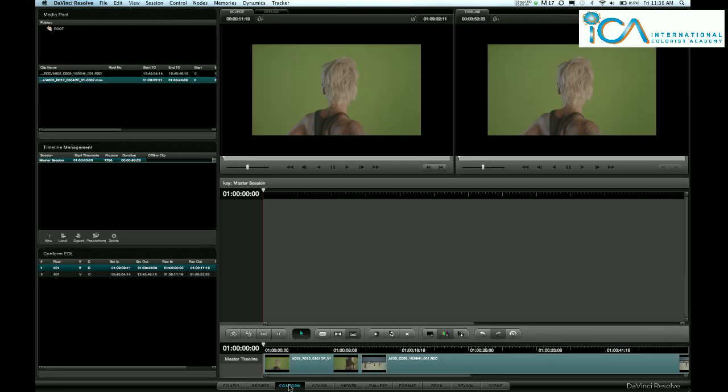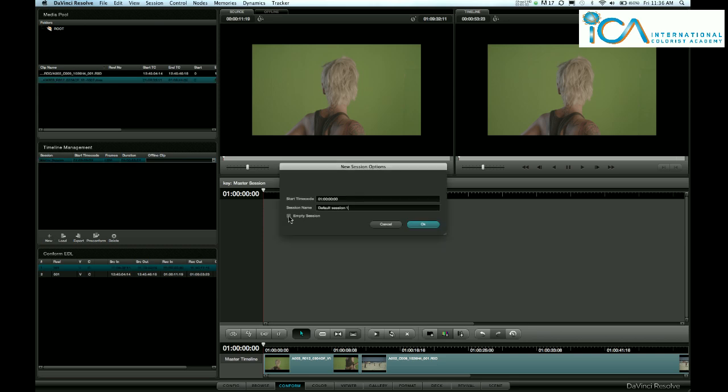If I go to my conform page, I've created a default here. I then need to create my two levels. So let's add an empty track, because at the moment you will always get the master timeline called your master session here. So to do that, new, call it empty session, and let's call it key test. Okay,